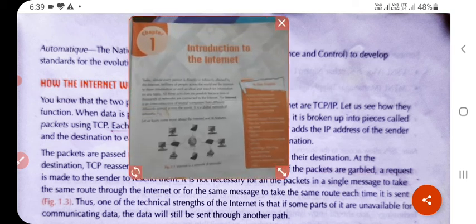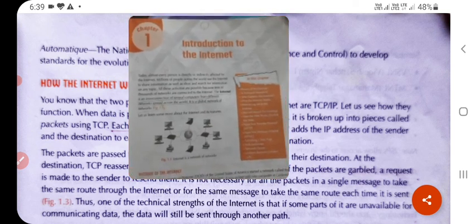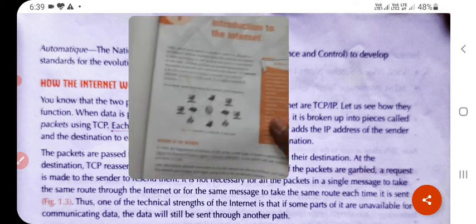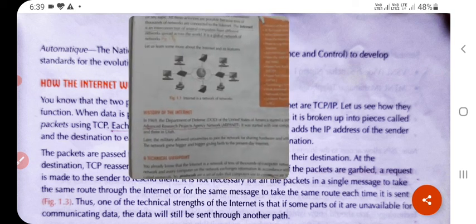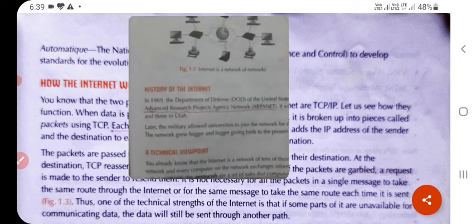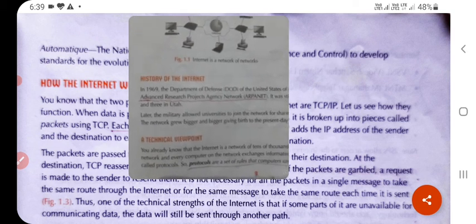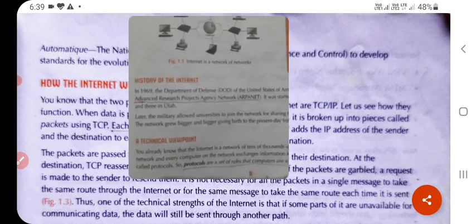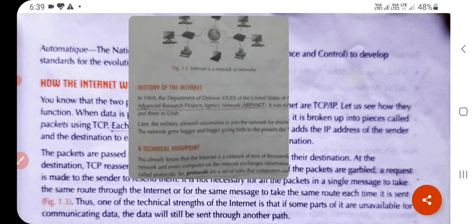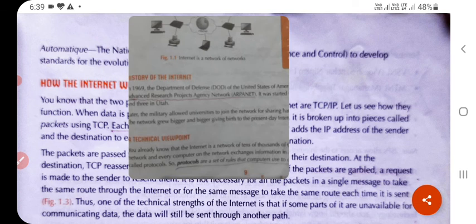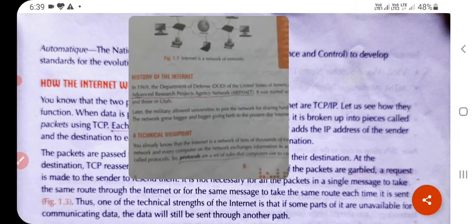recall the previous classes. In the previous class, from the chapter Introduction to the Internet, from the first topic, we have already discussed the history of the internet, a technical viewpoint, and how it works. On the history of the internet, we have already learned when it was developed, who developed it, and what the first internet network's name is, and how